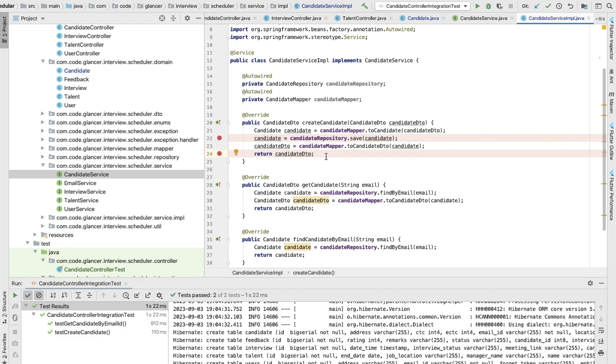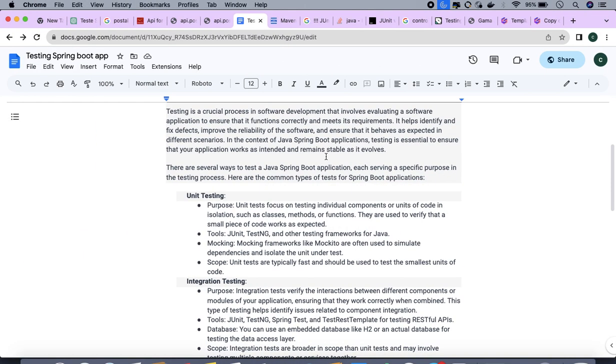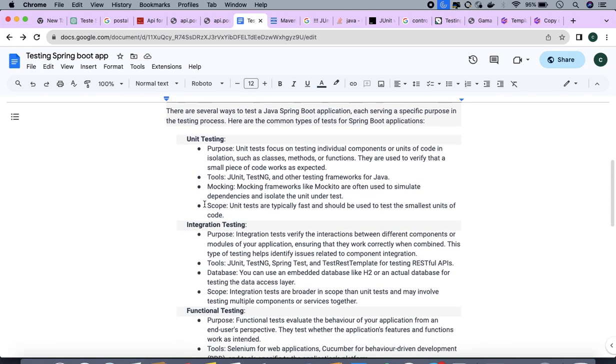So I will discuss once I finish all the types of testing. So now let's jump to another testing. So what is integration testing? Integration testing means